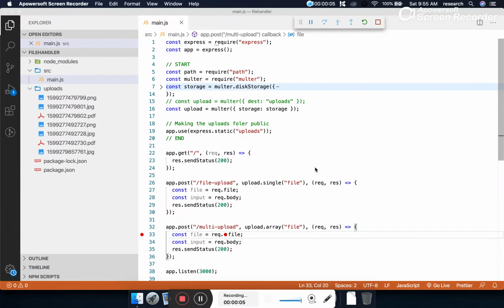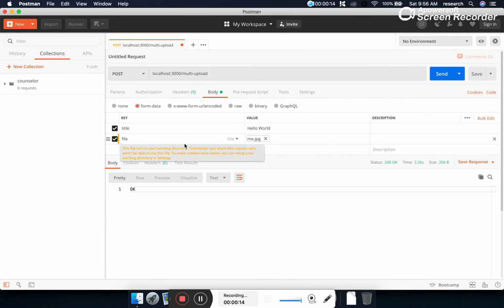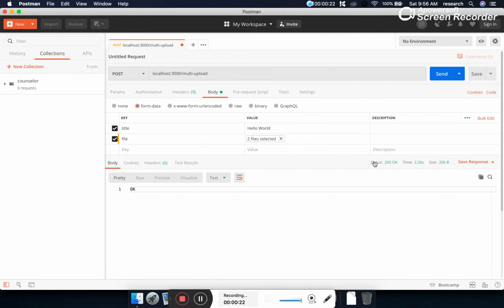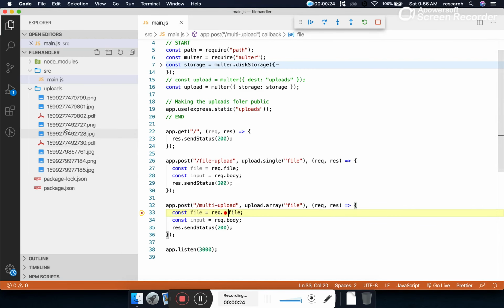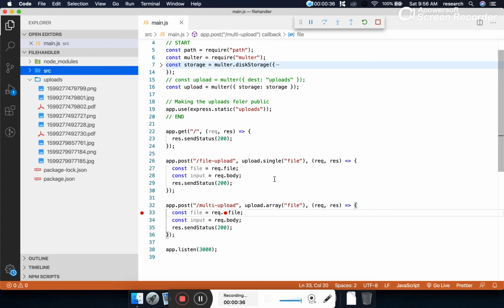In the last episode, we developed this API to upload files, either a single file or multiple files. Let's have a look one more time. Multi-upload. And if you want to upload the images like this, now you can see that two more files have been uploaded. Our task in this episode is how to return all the images back to the client. How will the client get the list of all these images?